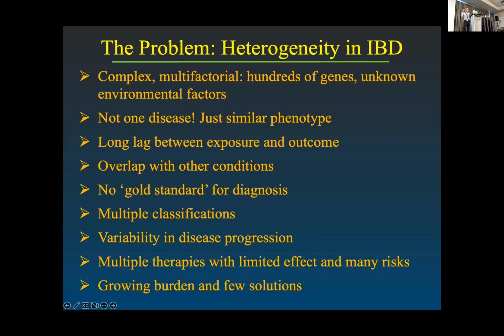There are many different factors involved. And for our convenience, we're calling this group of conditions IBD, or specifically Crohn's disease and ulcerative colitis. But these are probably hundreds of different conditions that look similar and behave in very different ways. And just conceptualizing that, I think, is very difficult for most physicians and certainly for most families. There's a long lag time between the exposure and the outcome. In pediatrics, that lag time is a bit shorter, which is why I think that in the area I'm in, we have more opportunities than possibly in others. But still, we think that events that happen around and before pregnancy probably have an impact, and early life is probably dramatic for that. So that's an important point.